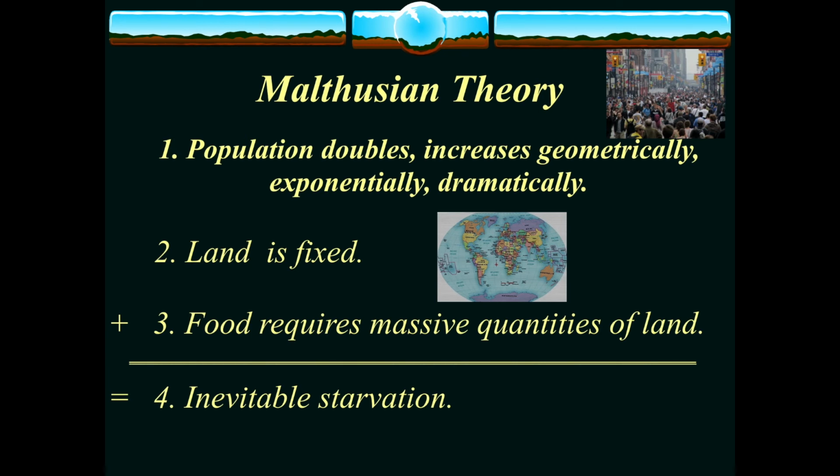His conclusion is there will be inevitable starvation at some point on planet Earth. Though we have experienced periods of starvation throughout world history, global starvation due to overpopulation has yet to manifest. Malthus failed to factor into his famous theory the increasing food production technology which would evolve over time. But we don't know for sure what the future holds, and that's why it's important to consider the principles of